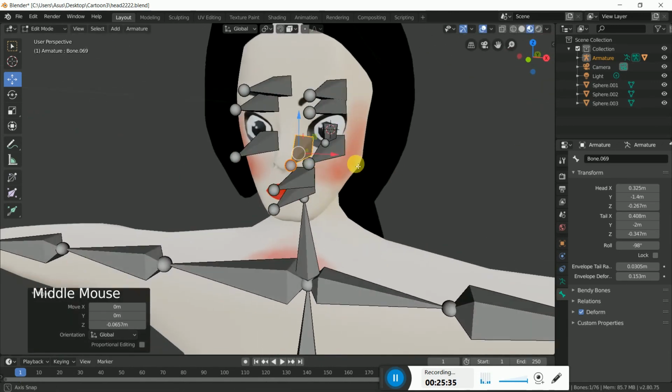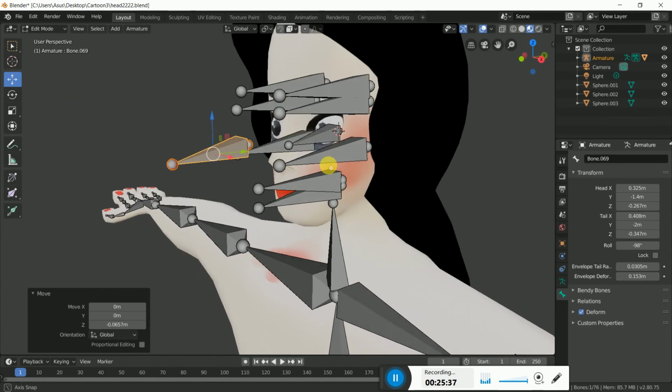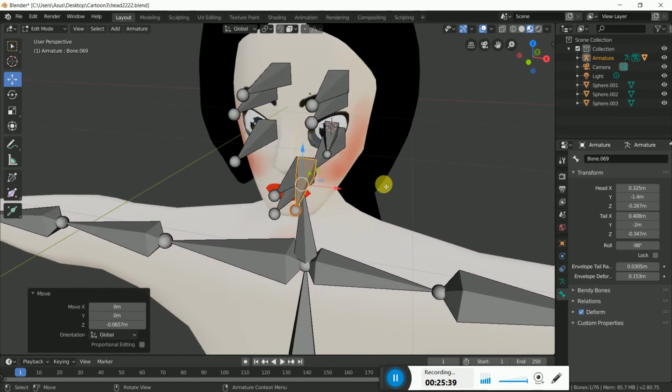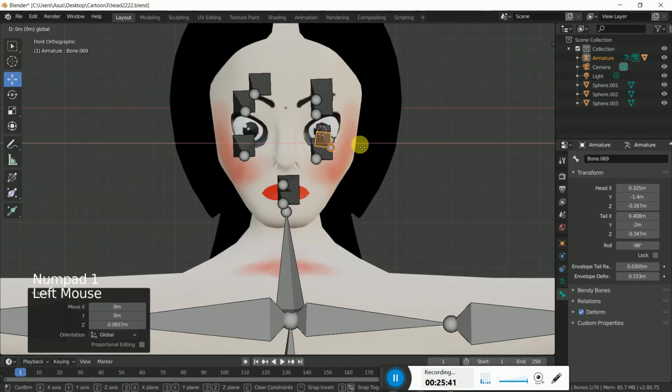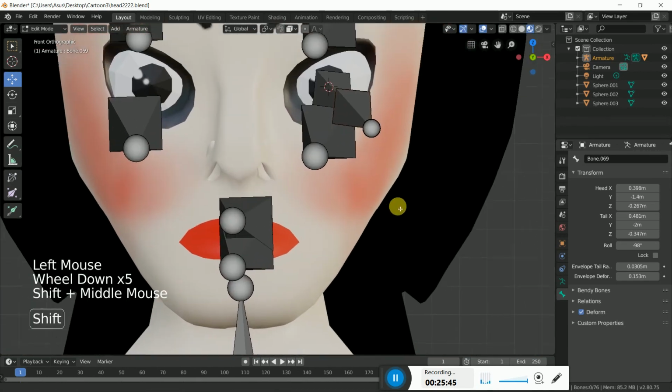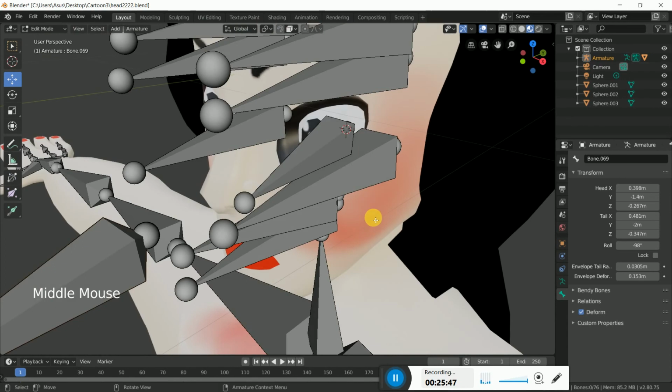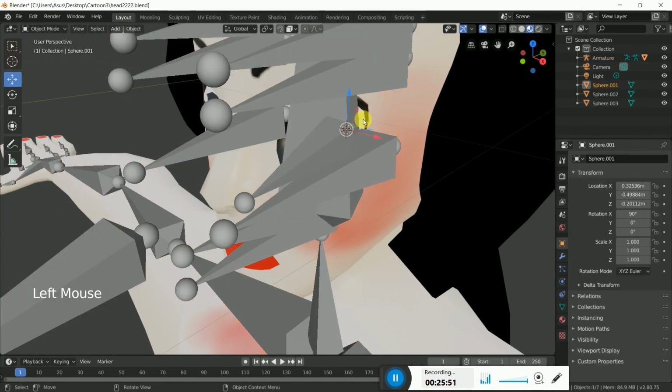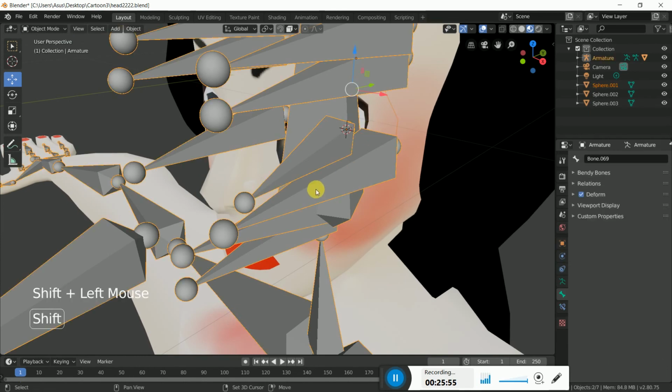So now this is for one eye. We can click this one in numpad. So now just go to object mode and select the eye, this one eye, and then shift and select the bone, the whole armature,